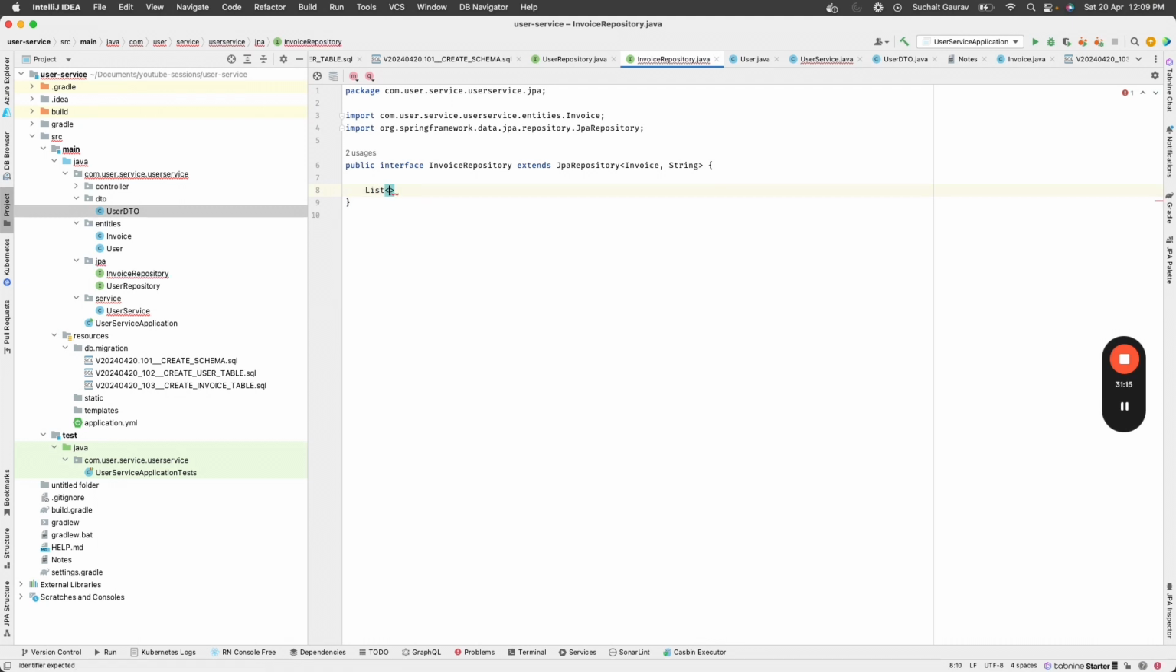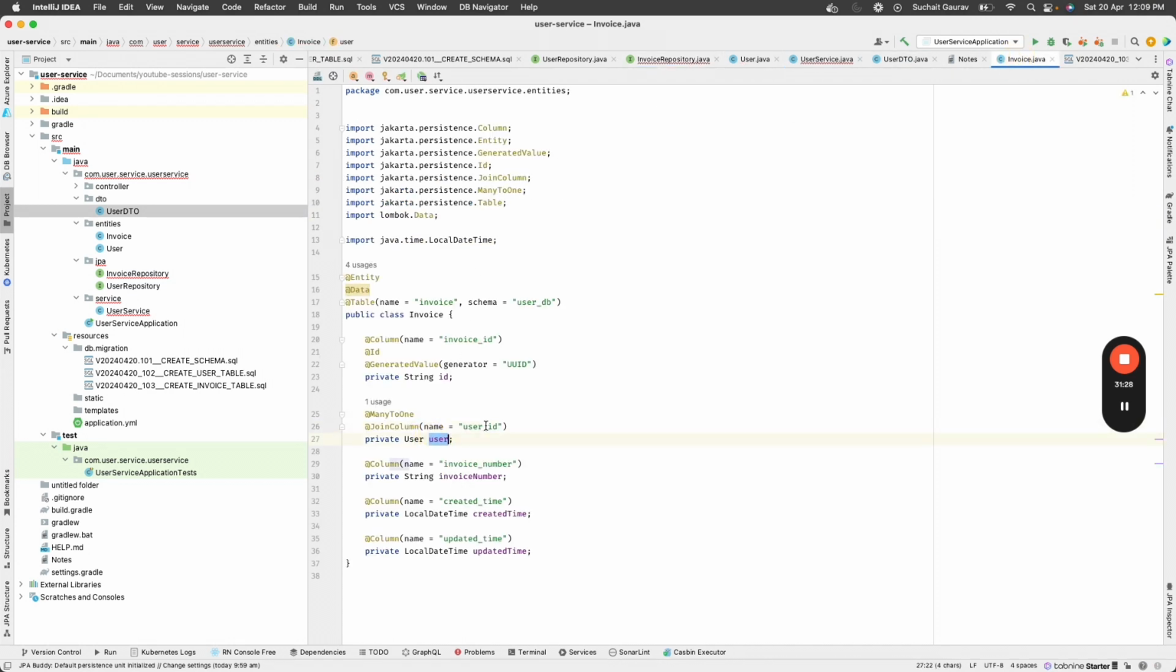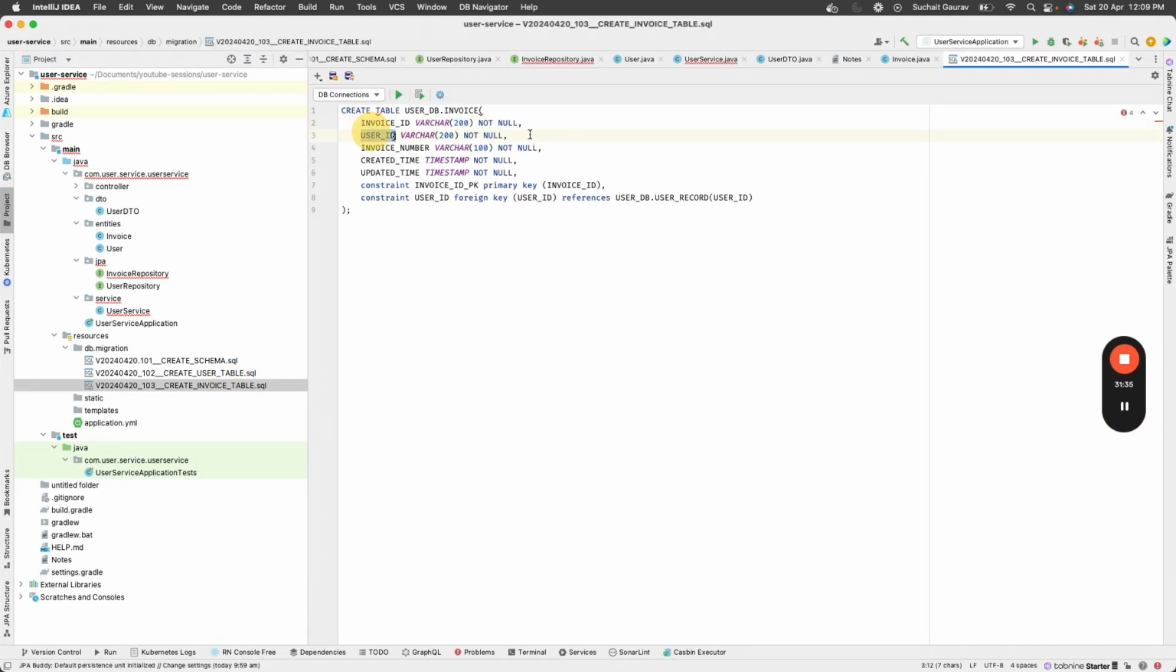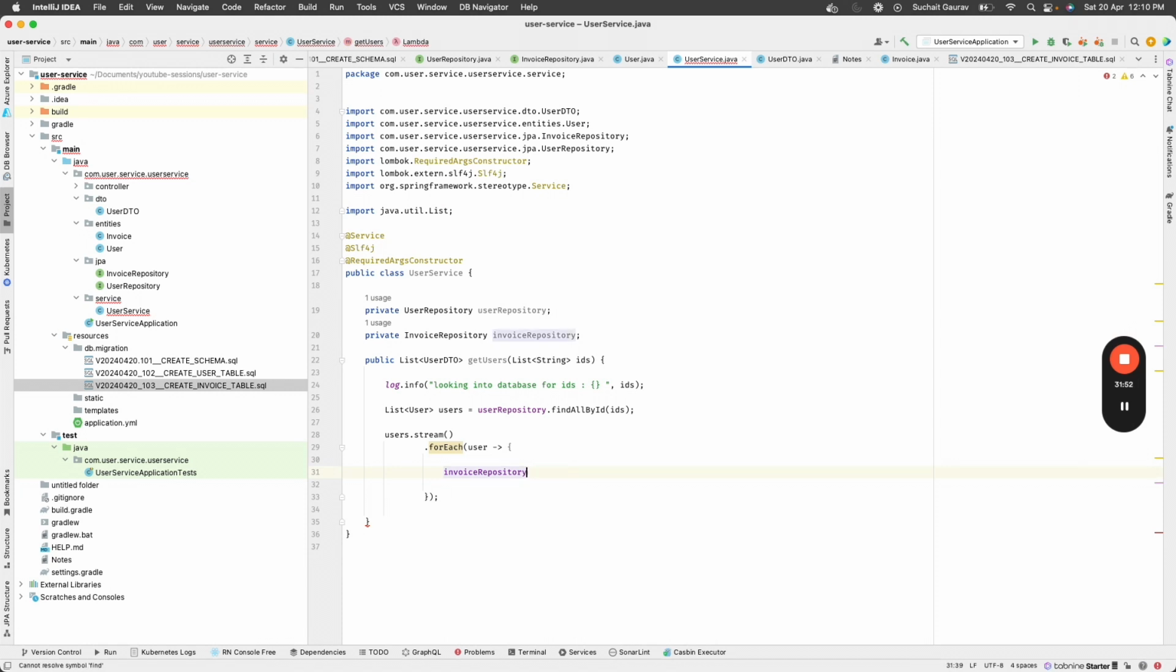I'll create getInvoices, right, and findAllBy, what is the field name? If I go to my invoice record, so this is my user, this is user ID, so I'll have to say this is my user ID, right? So I have to say findAllByUserId, and then I'll say ID. Alright, so JPA will automatically create a method implementation for this, and then I'll call userId. Okay, and then I will pass my user.getId here. Okay,